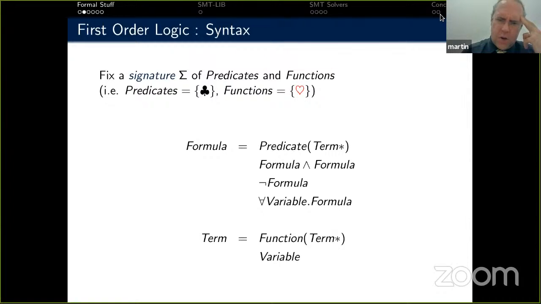First order logic. We do need a little formalism here. So a statement in first order logic has a signature, which is a set of predicates and a set of functions. So our predicates might be just the one predicate, the club symbol, and our functions might be just the one thing, the heart symbol. And a formula is made up of a predicate followed by a bunch of terms. So